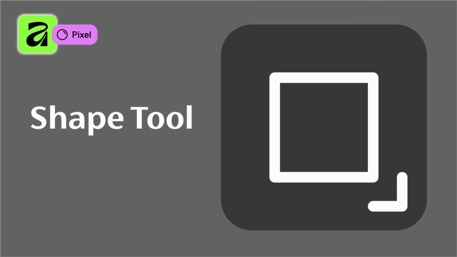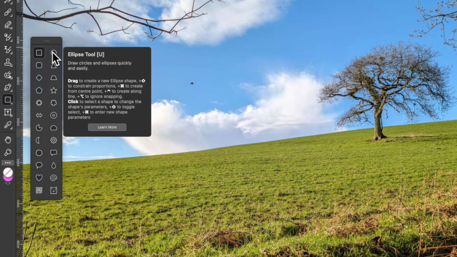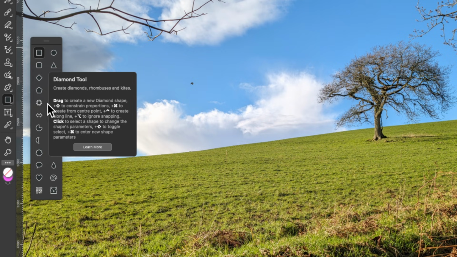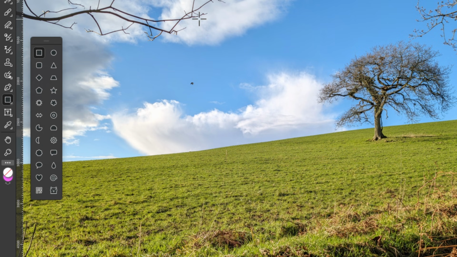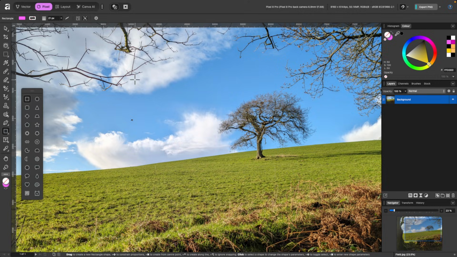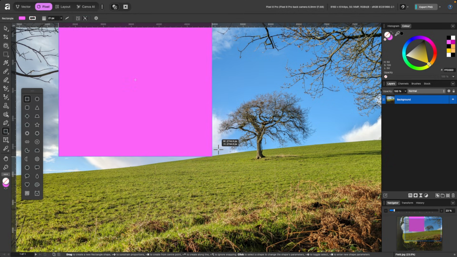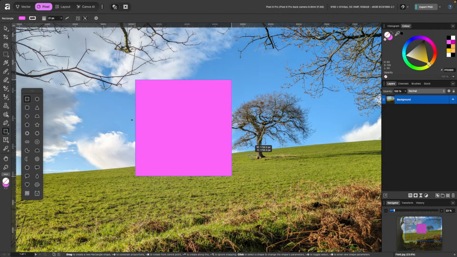The next tools I'm going to cover are the shapes, and there's lots of them. And at first glance they may seem pretty simple to you. There's just a circle there, there's a triangle and a square, but actually all of these shapes are kind of smart, and I'm going to show you why. So to begin with, I'll just choose the rectangle tool and I'll click and drag out. Now, if I want to keep it in proportions, I just hold down Shift on the keyboard, and if I hold down Command as well, I can scale from the center. Okay, so I'll drag out to around here.